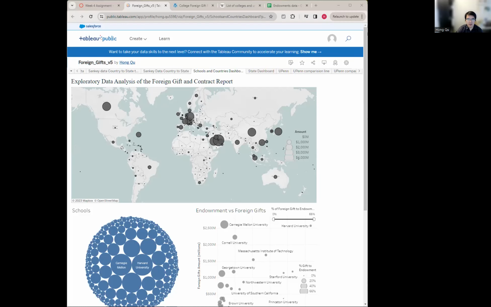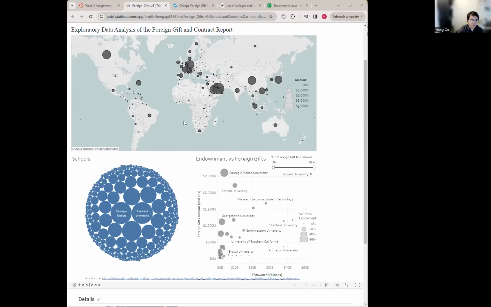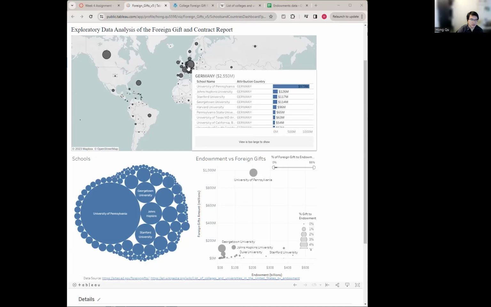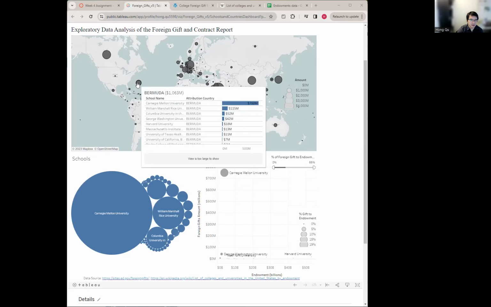So this is video number 4 for assignment 4, and we're gonna make this dashboard. We're gonna add all the charts we have and make it interactive. So this is how it should work. Mouse over, you'll filter out the two charts below,